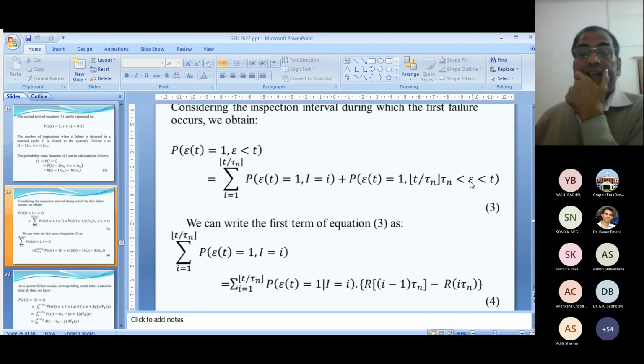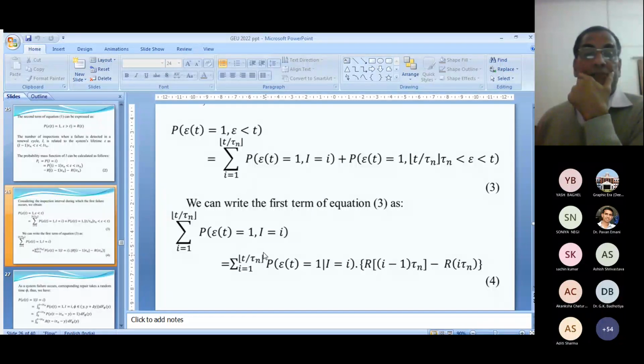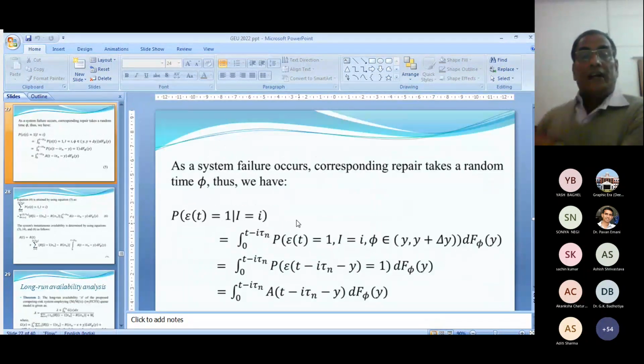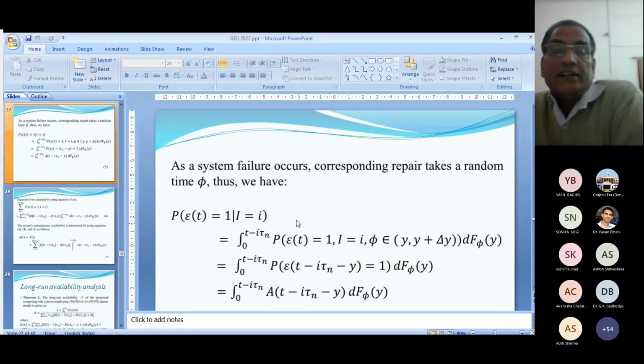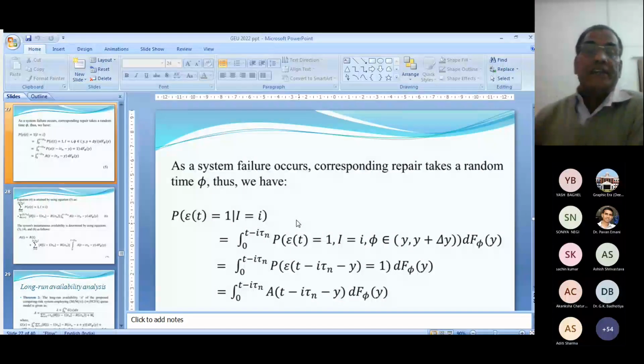This may further be expressed like this, where epsilon is this much plus the reliability. In terms of reliability, the value, as seen in the previous slide, may be expressed like this. After system failure, of course, we will be going for the repair with the random time phi, incorporating that